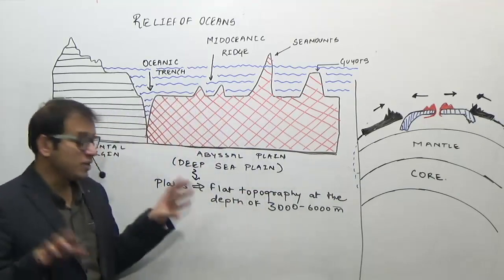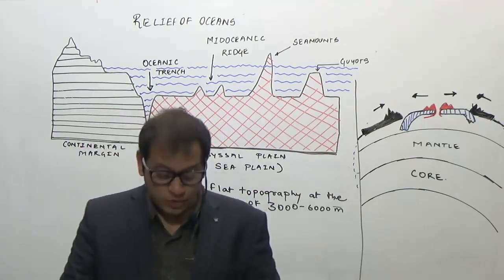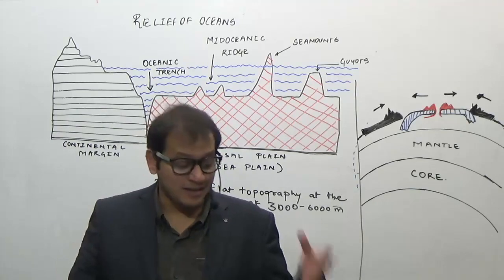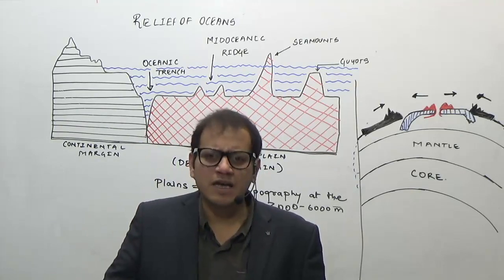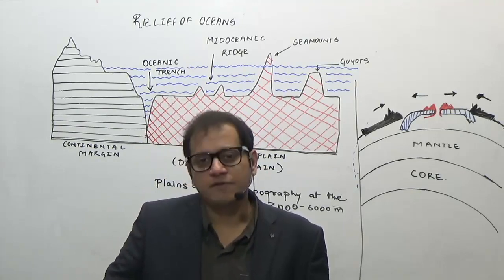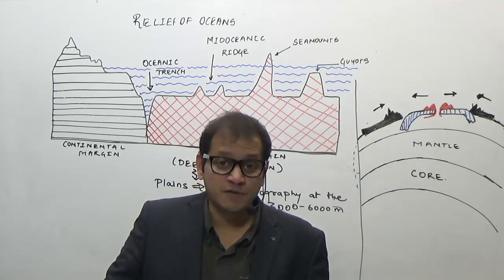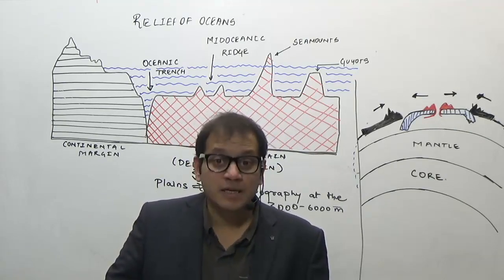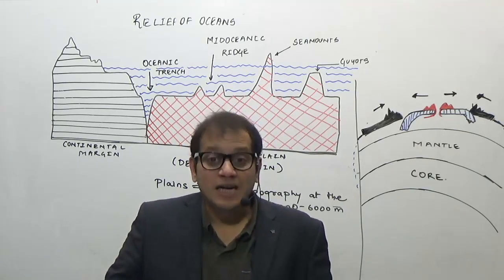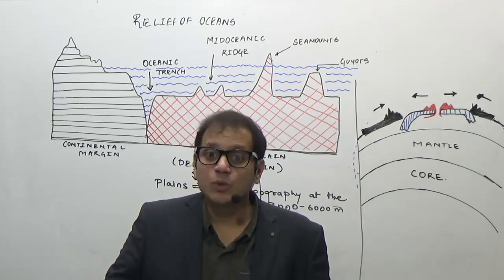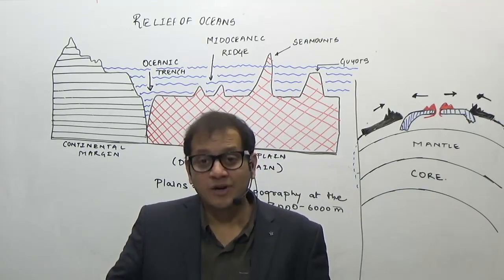Now this deep sea plain, you already know that it is made up of basaltic rock. And why do we know now that the deep sea plains have different types of topography? Oceanography as such is a new science in geography. Why? Because the interest in oceanography started with the development of telegraphs. While laying the telegraphic cables between the US, that is North America, and Europe, the explorers came to know that the ocean is not flat as we had thought.